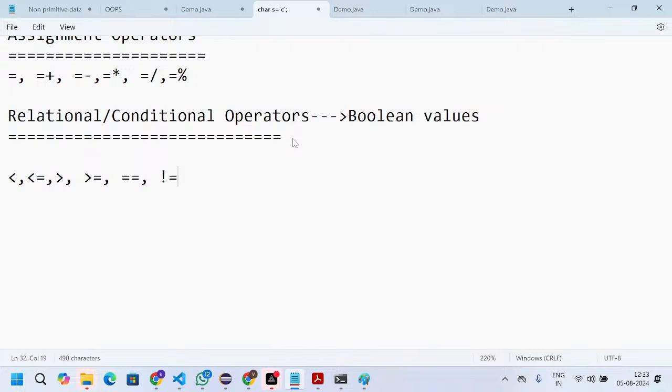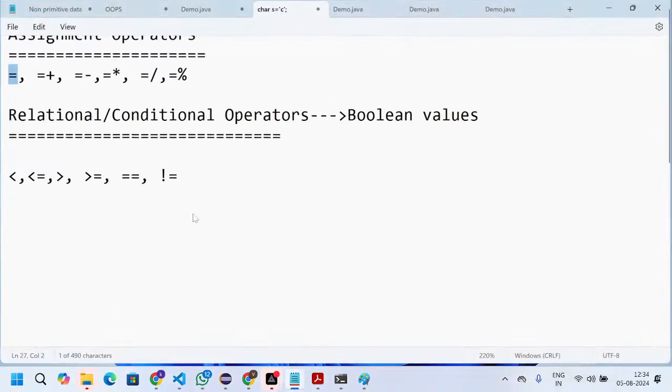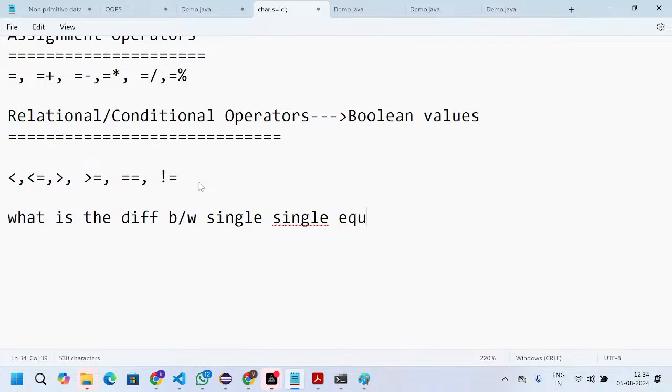From the interview perspective, they will ask what is the difference between single equals and double equals. That is also a very important question.